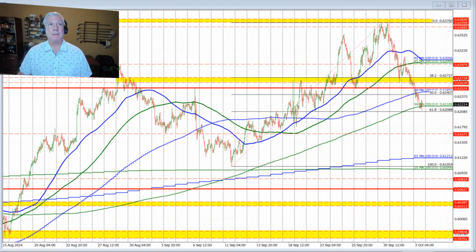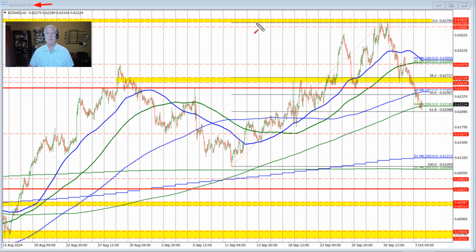We're going to take a look at the New Zealand versus US dollar and Aussie versus US dollar in a 2-for-1 look from a technical perspective. Today's date is October 3rd, 2024. Let's get started. Let me start by taking a look at the hourly chart of the New Zealand versus US